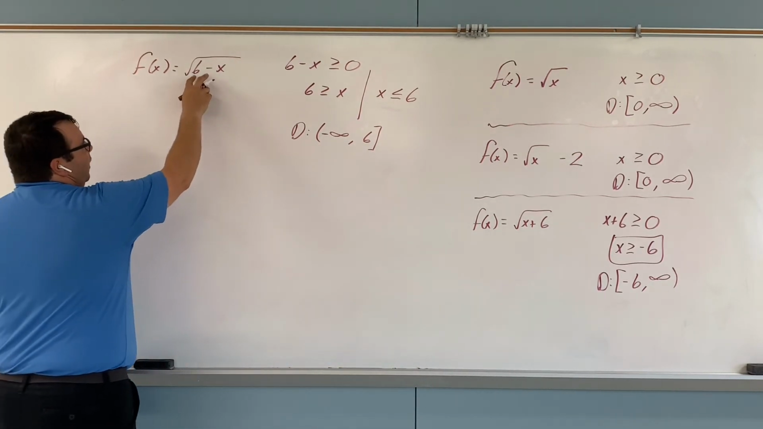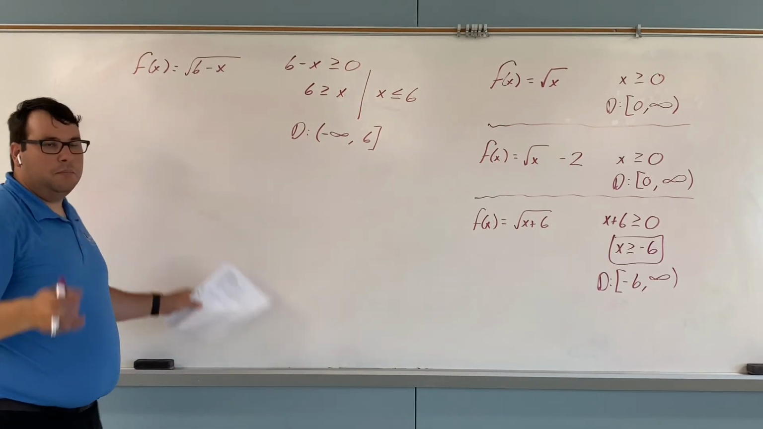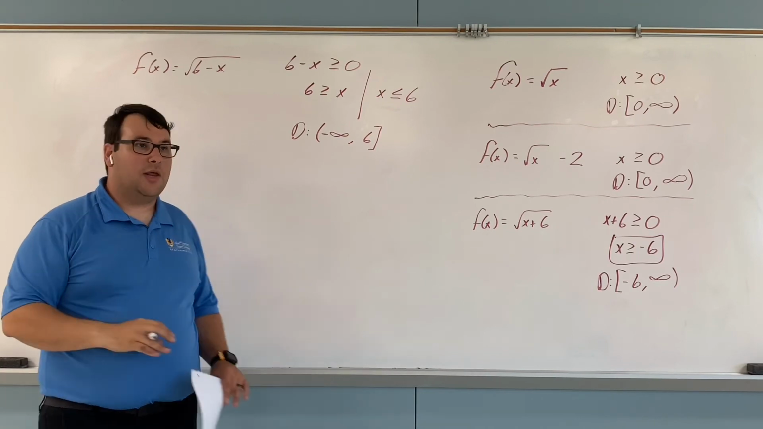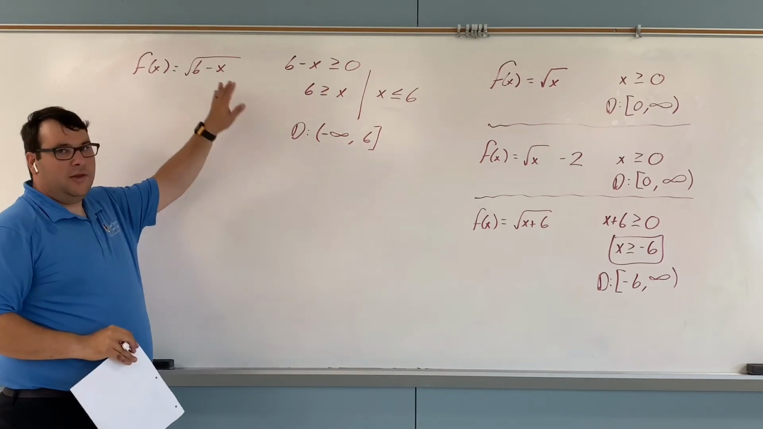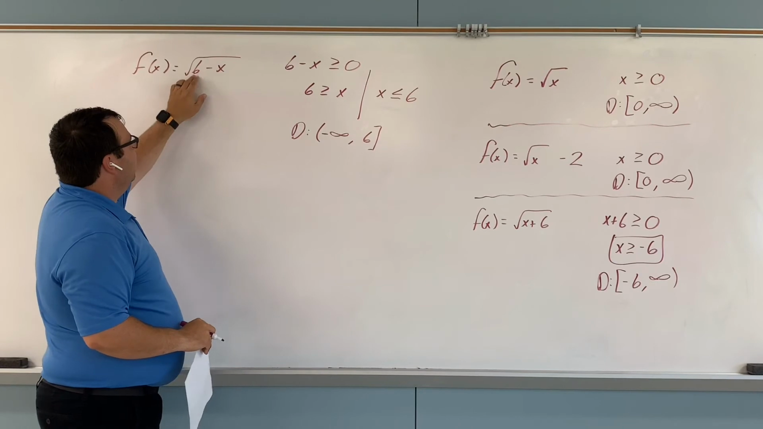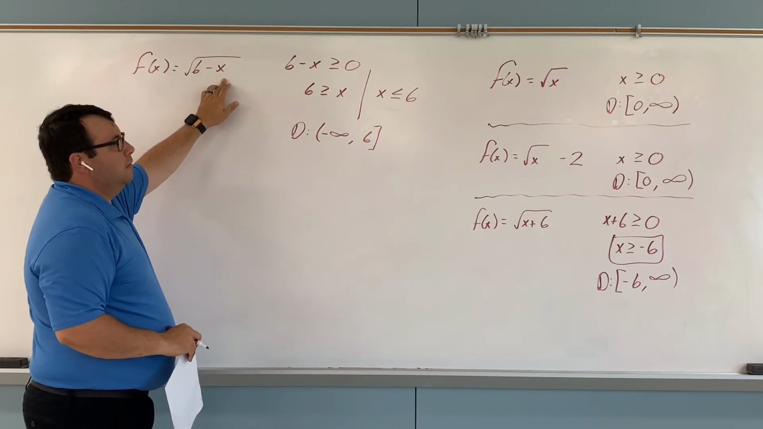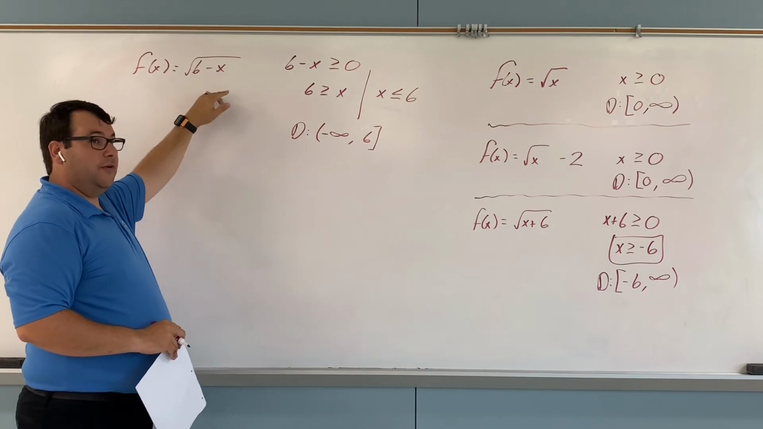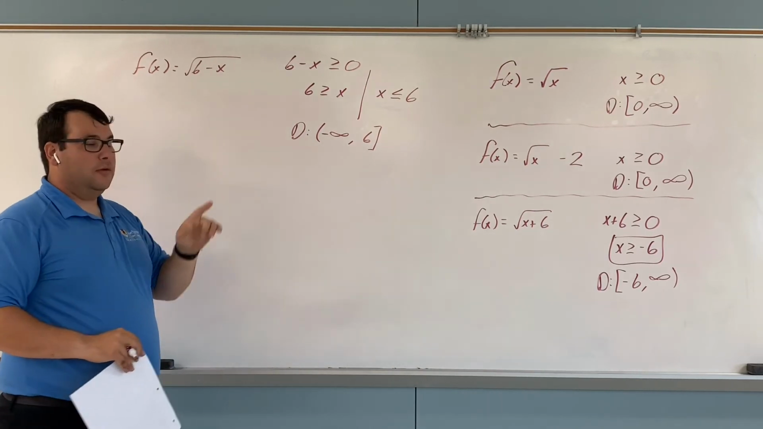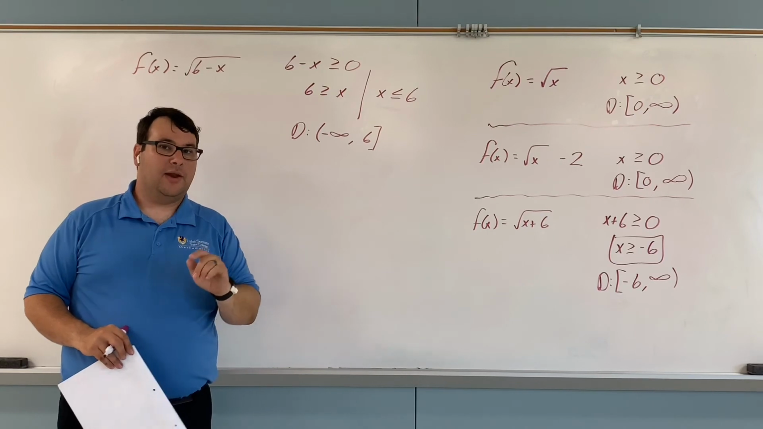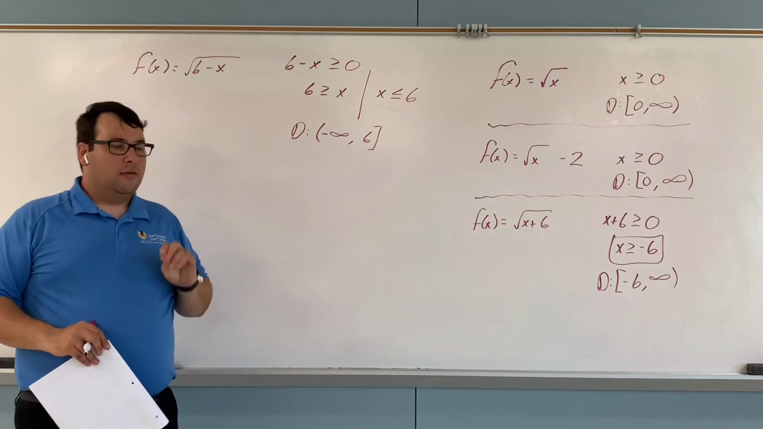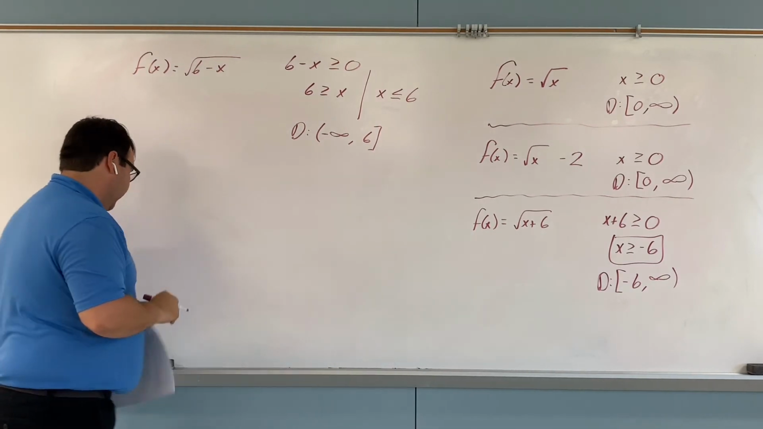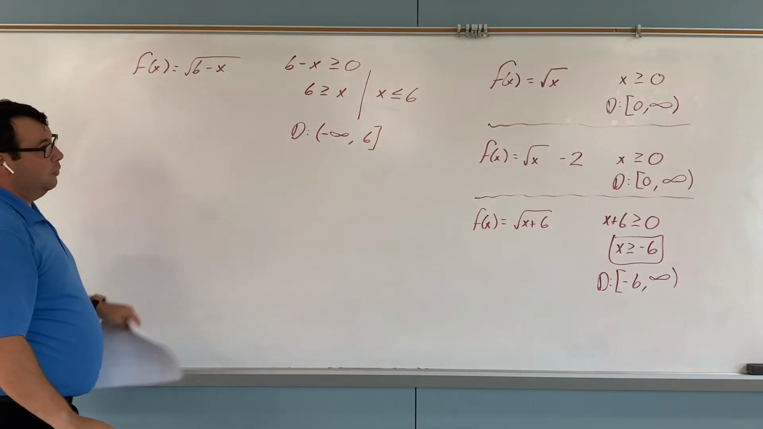So what if I were to put in, say, a negative, I don't know, pick a number, negative 50. Negative 50. Way out in the negative realm, right? 6 minus a negative 50. That's 6 plus 50, which is 56. Square root of 56, I can do that. It might be a decimal value, but I can do that. So you have to be very, very clear with your domain